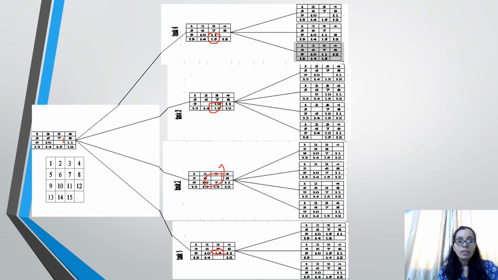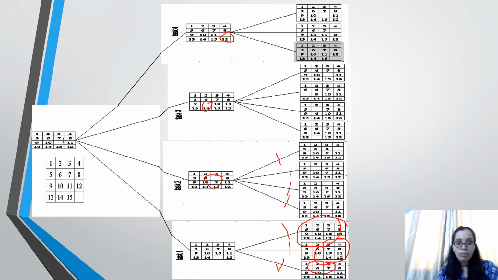Now in these 4 tasks, again the blank tiles are there, that you can observe here. For all these 4 tasks, blank tiles are there. This is one blank tile, here one blank tile, here one blank tile and here one blank tile. For all these blank tiles, again different tasks are created depending upon the combination. So for task 1, 3 more tasks are created: 1, 2 and 3. How are these 3 tasks created?